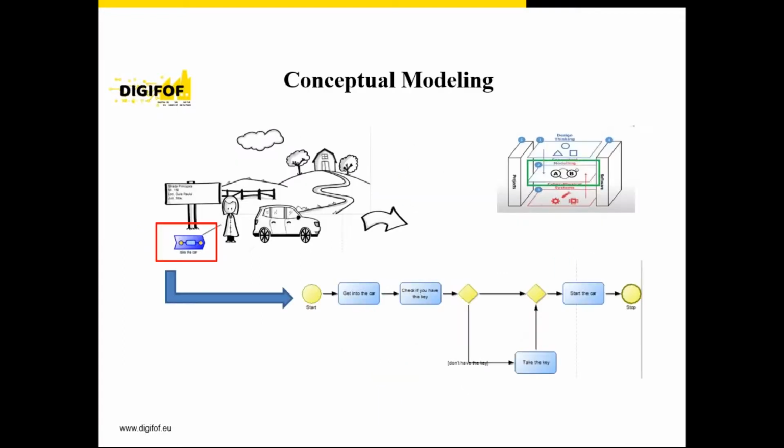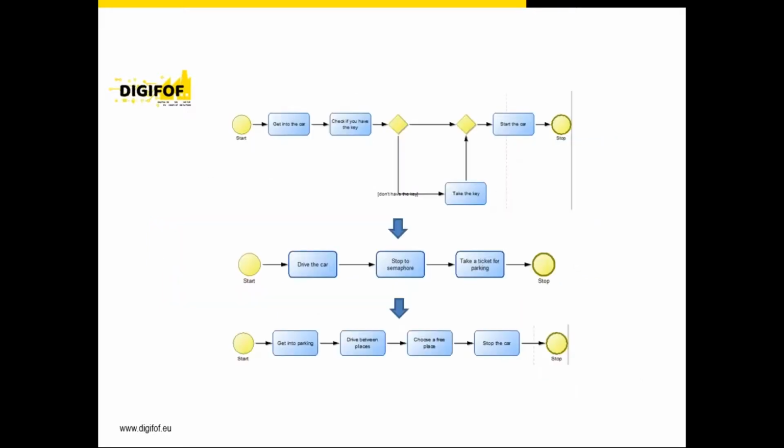For the second level from the used approach, for each scene, I created a BPMN model to illustrate in a better way the order of the actions. So for the first scene, the BPMN model is as follows. The girl will get into the car, we'll check if she has the keys. If not, she will go to take her keys, and then she will start the car. For the second scene, the girl will drive the car, will respect the signs and take care of the other elements in traffic, and finally will take a ticket to enter the parking.